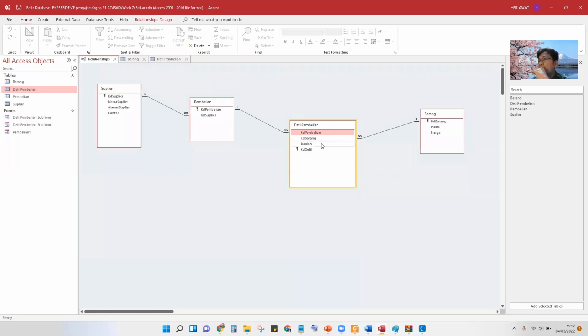But in some database design books, they do not use this ID as primary key for the detail. They combine two IDs to become the primary key. The primary key uses two IDs.